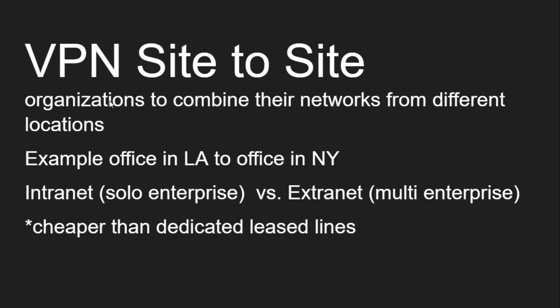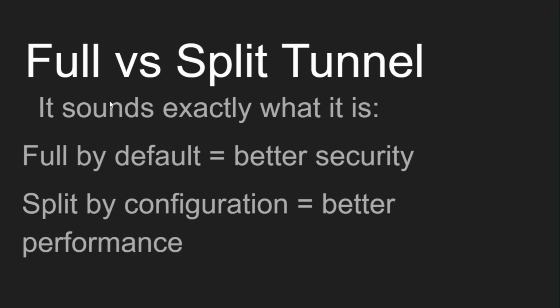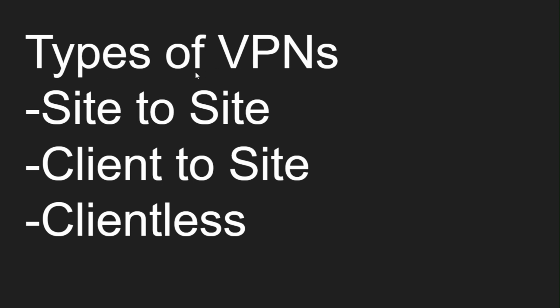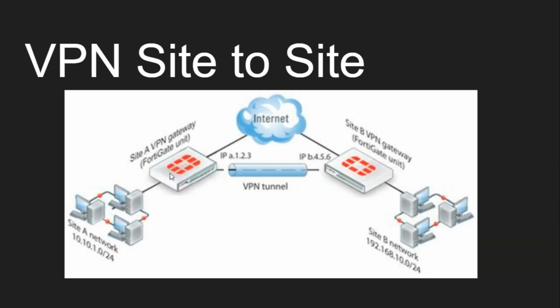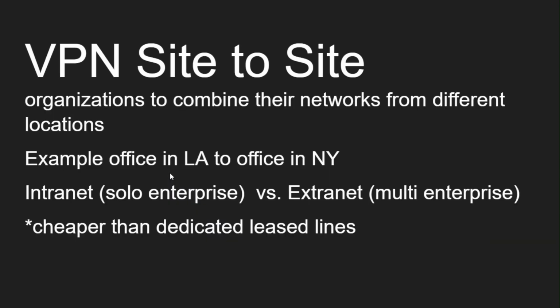Okay. Let's go on to what we were basically talking about, which is the types of VPNs. We have a site to site, a client to site, and a clientless. There's technically a mobile VPN as well, but we're not going to talk about that today. So VPN site to site. This right here, guys, is basically what every enterprise would technically use. And when I'm talking about enterprise, I'm talking about a large corporation. This isn't something that you would use to talk to your grandma, because you don't want anyone knowing that you're talking to your grandma, so to speak.